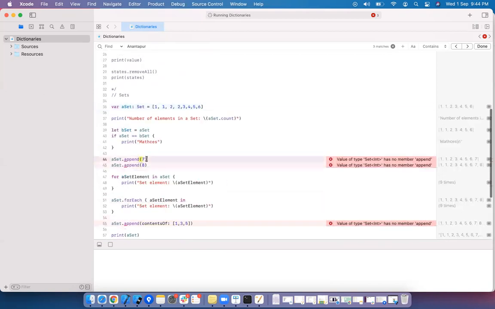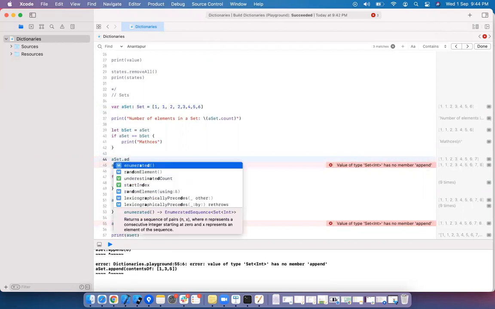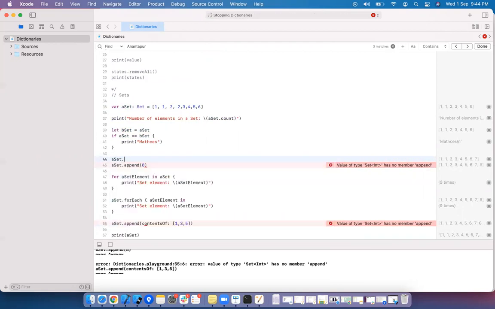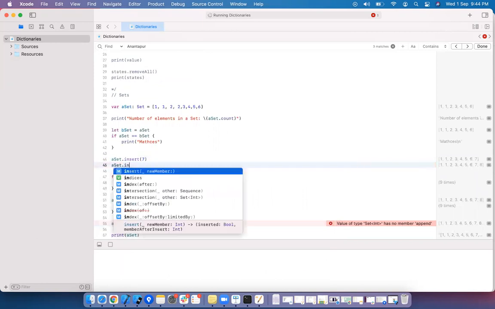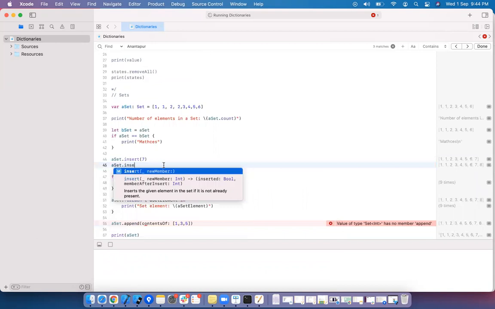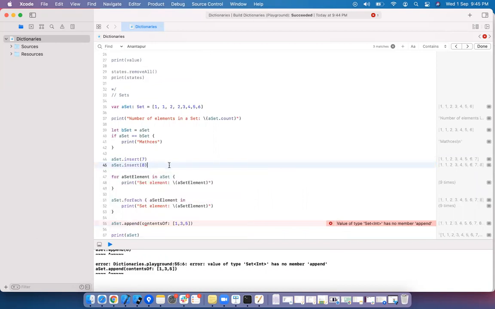And set does not have the method we are having. What is the method we have in the set? Add object. Yes, set. Insert. Insert that is 7. Insert that is 8. Okay, it is not append, it is insert.